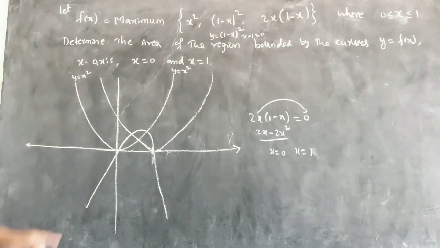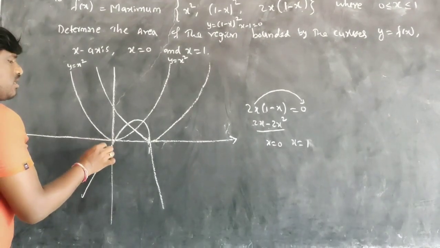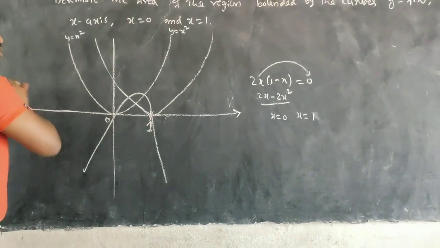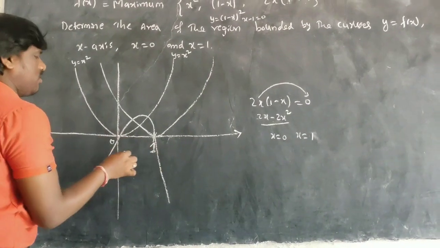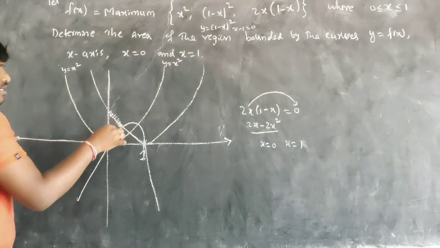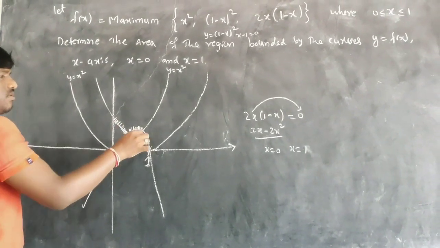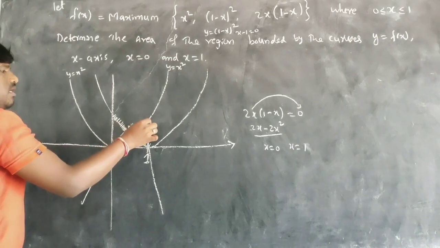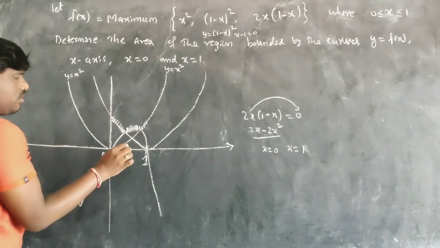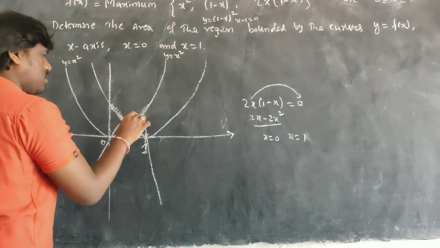So he is saying that these three graphs are drawn, and you have to find the maximum area. Maximum where to where? From 0 to 1. In between 0 to 1 you have to find the maximum, not for the whole graph. From 0 to 1, if I see here, the maximum is this part, and next the maximum is this part, in these three graphs. That is the maximum that I am taking.